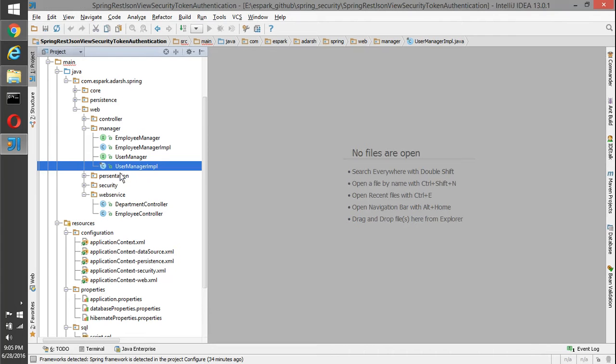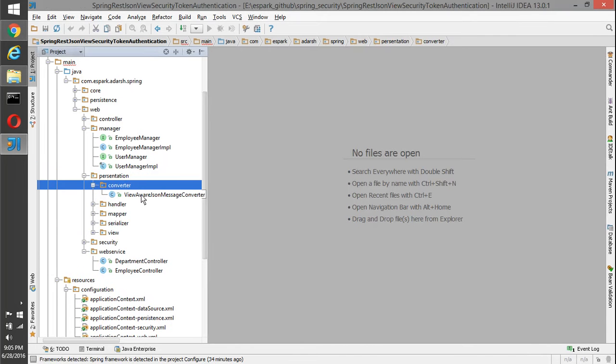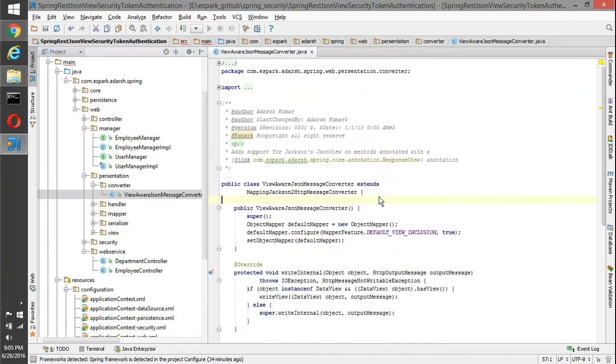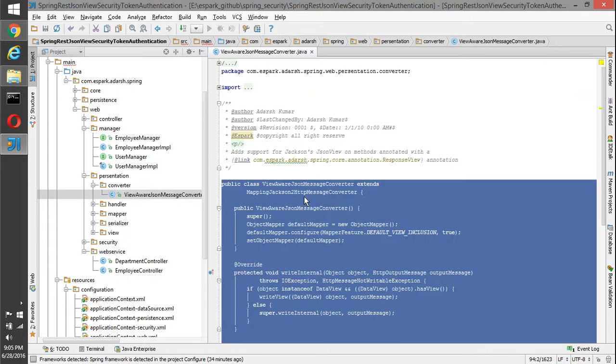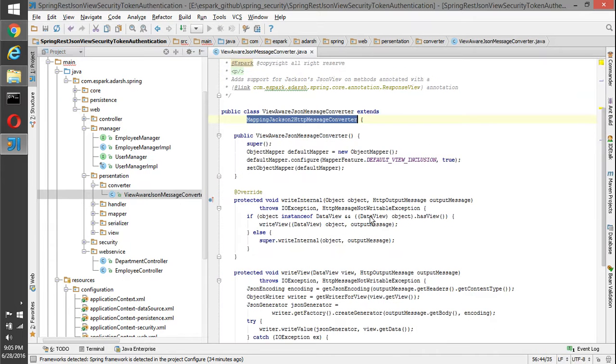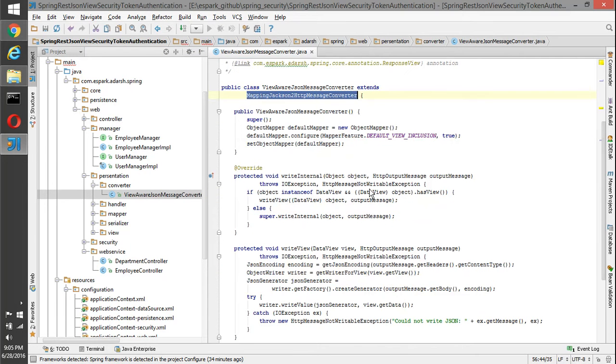Then in the presentation layer, this is just to enable that customization. We have a converter here, extending the Jackson mapping HTTP message converter. We are saying that if anything is an instance of data view, it should be written as a view.